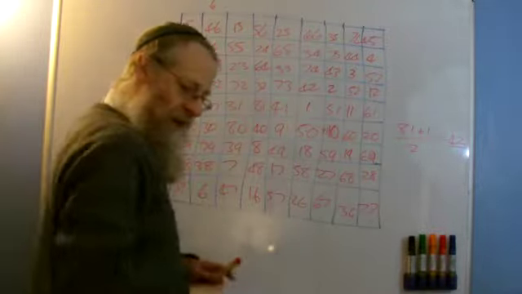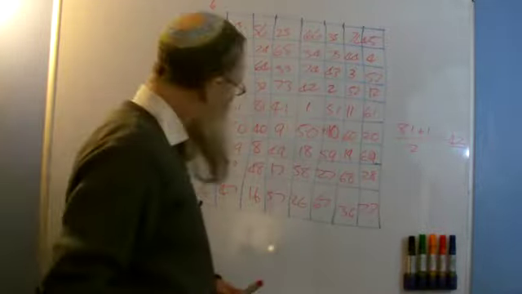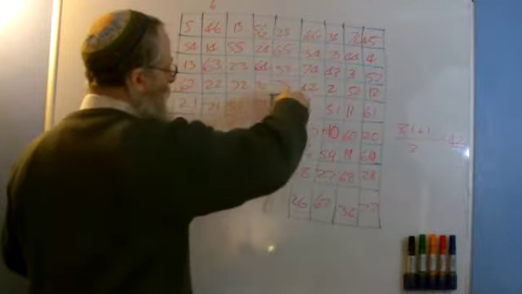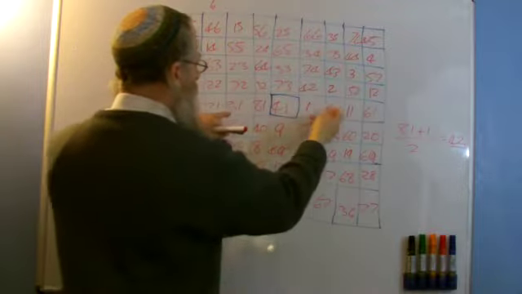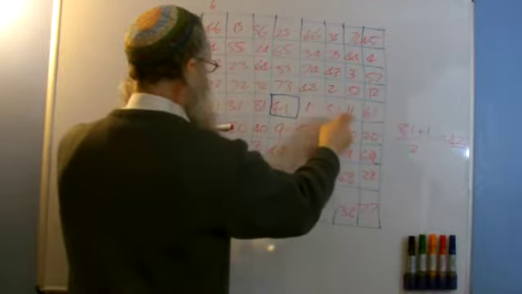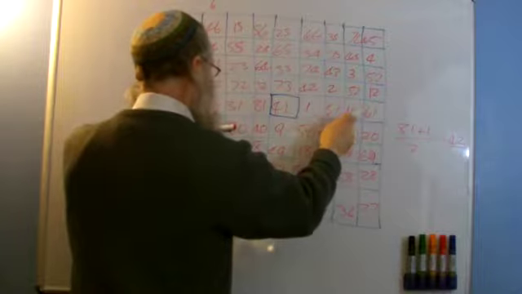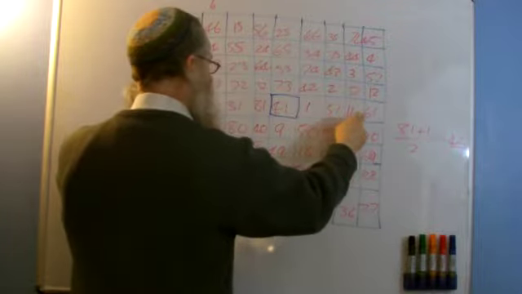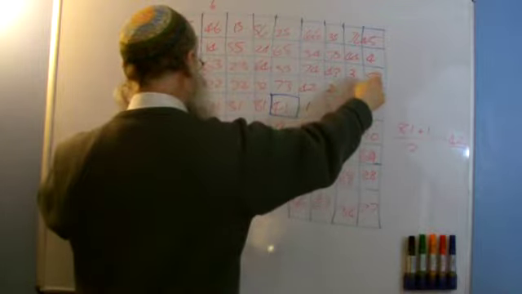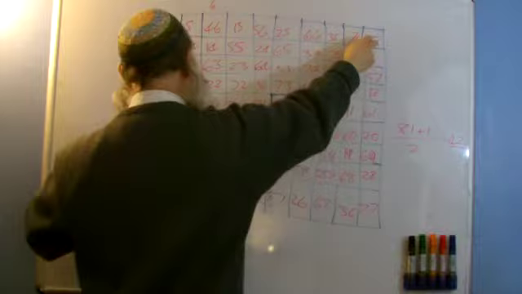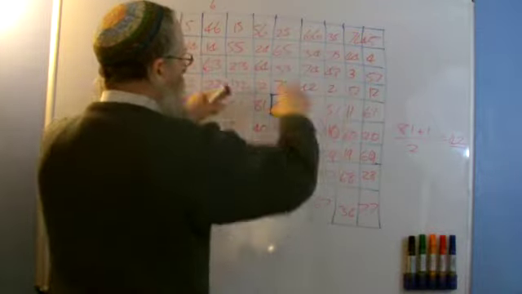Now, if you were to add up around this centre one, let me just highlight this a bit more. If you add the ones around it, you'll get 82. So 81 and 1 is 82, 32 and 50 is 82, 73 and 9 is 82, 40 and 42 is 82, and you can go along. 51 and 31 is 82, 71 and 11 is 82, 21 and 61 is 82, then you go this way. 70 and 12 is 82, and all the way around there's 82, and it forms this